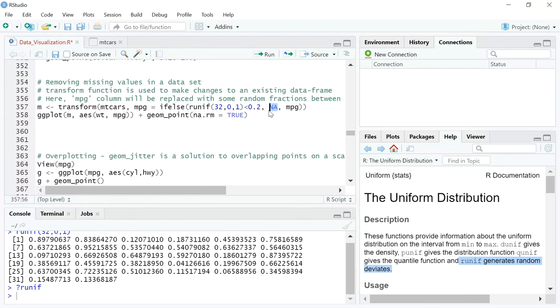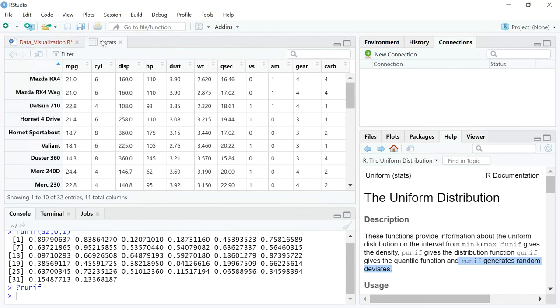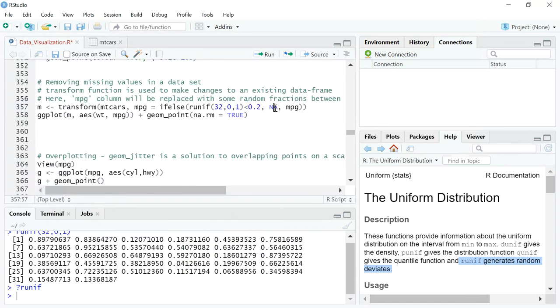And what NA means is null values or not applicable values, missing values, right? Else, you'll just retain whatever is there in the MPG column, which is this column, right? So if any of these values turn out to be less than 0.2, it will be replaced by NA. Else, the value will be retained.